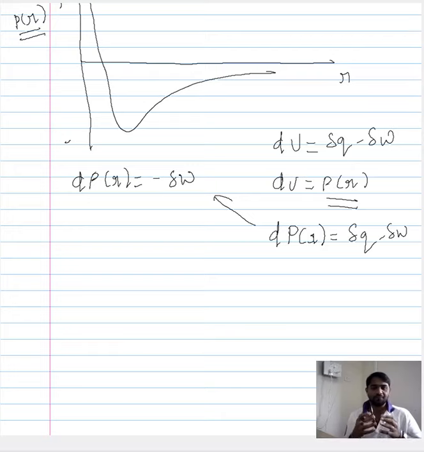Now we need to define what work is. A simpler definition of work, getting back to Newton's law, is nothing but the product of force and displacement. What I mean by that is, if you have a system that is stationary, in its place, at rest, you apply a force, it moves through some distance, and you call that distance the displacement. The product of the force and the displacement is what we call work.